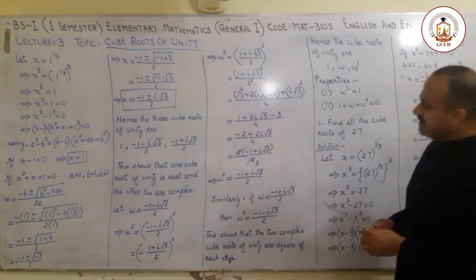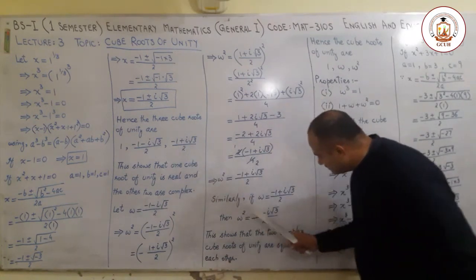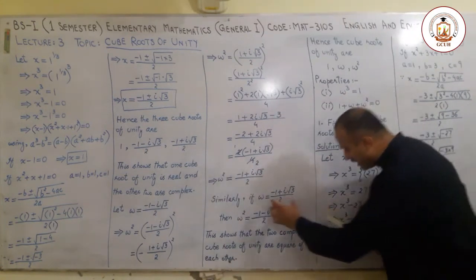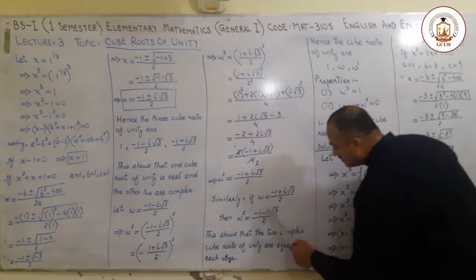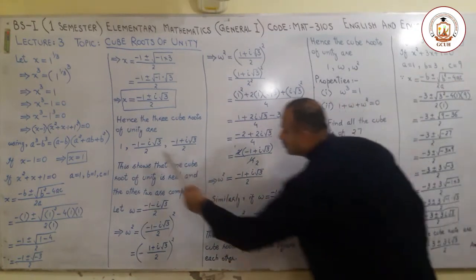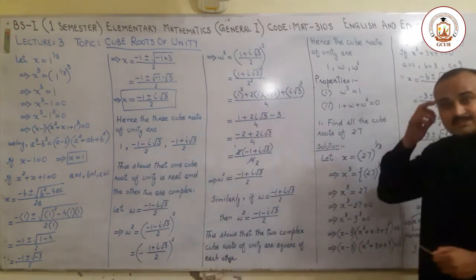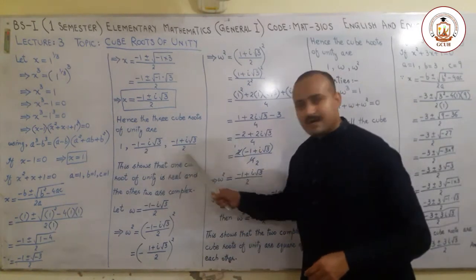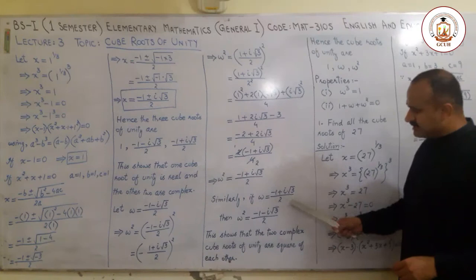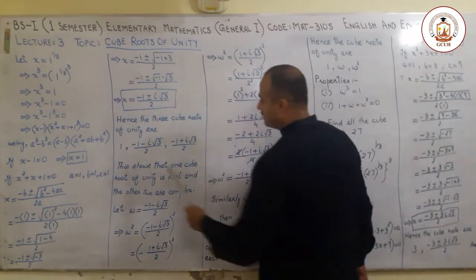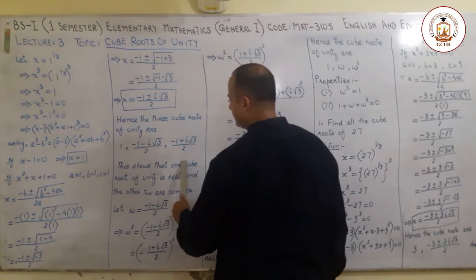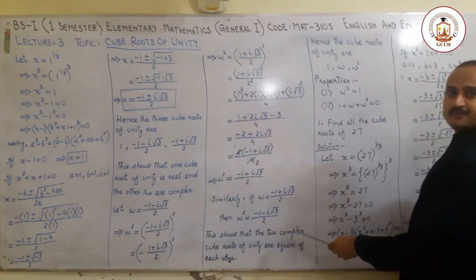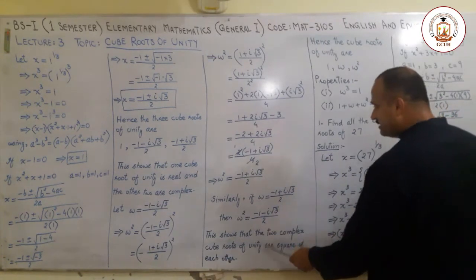So similarly, if we suppose omega be equal to the positive complex cube root of unity and square it, then we get the minus complex cube root of unity. So this shows that the two complex cube roots of unity are squares of each other. So here it is also proved, and here we have derived cube roots of unity till here, and after this the two complex cube roots of unity being squares of each other is proved here.